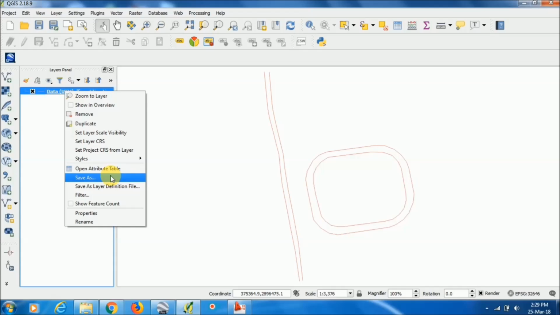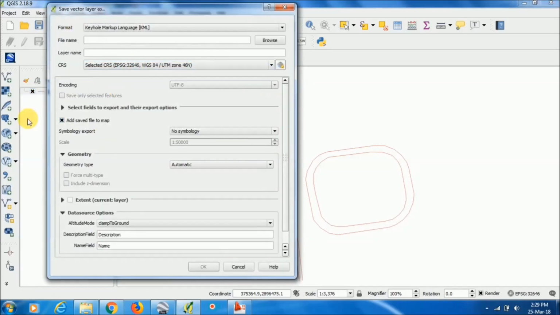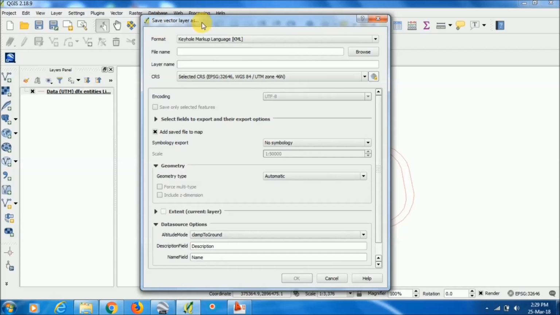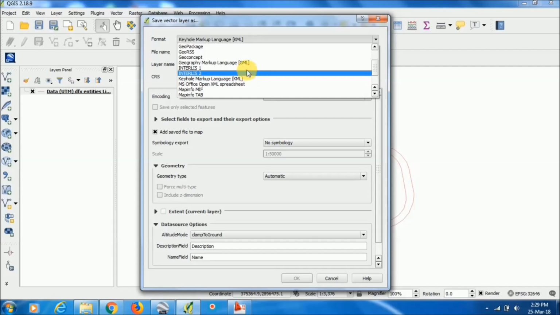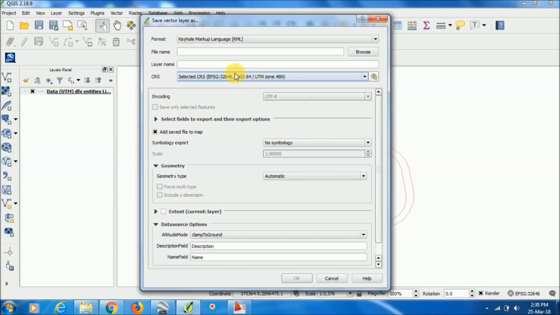In the save as option, the save vector layer as dialog box will appear, and here the format will be KML. You can see different formats are there. You can also export to a shapefile, CSV file, etc. Now we want that KML file, that is Keyhole Markup Language.